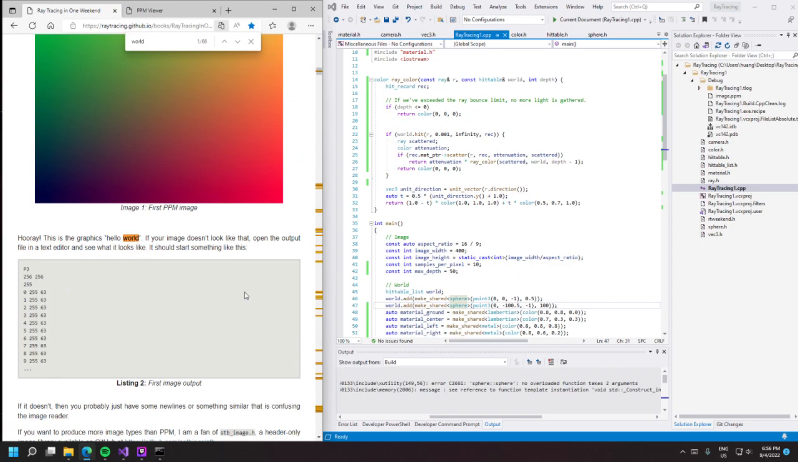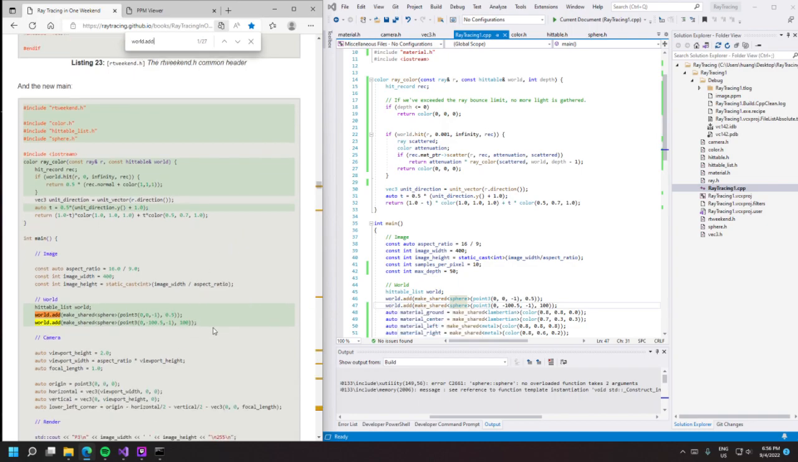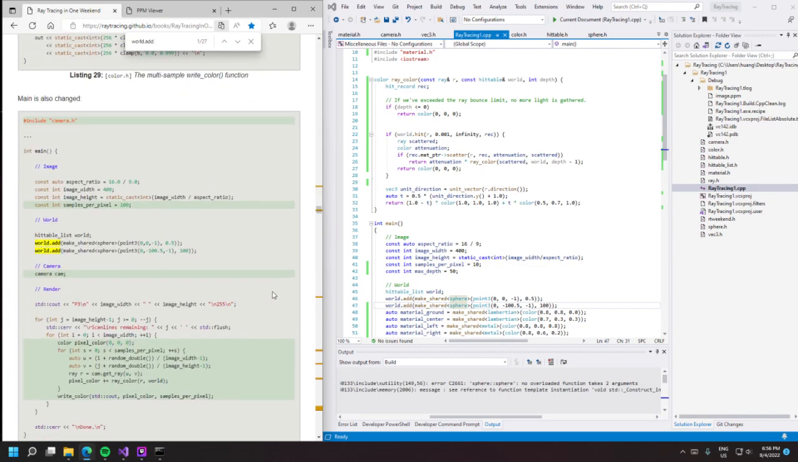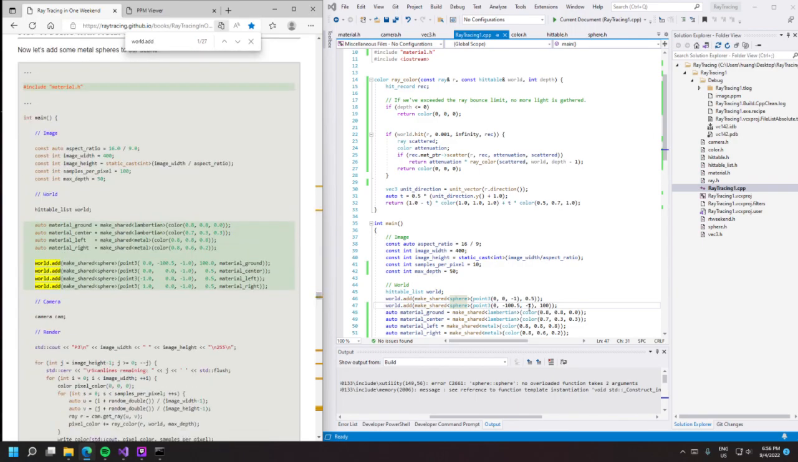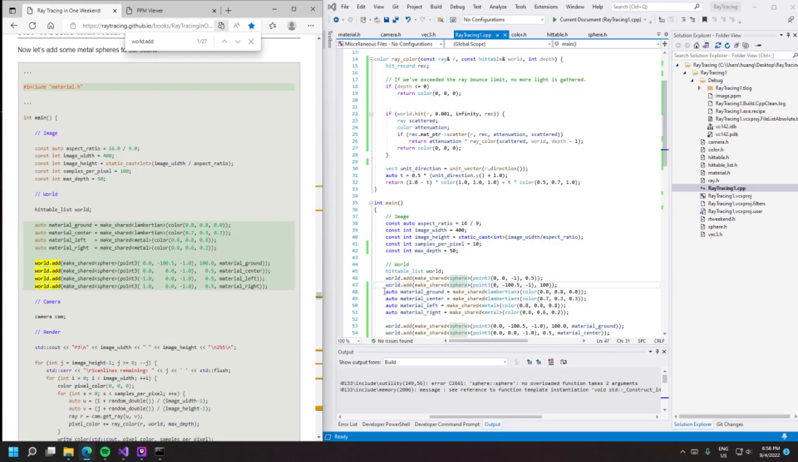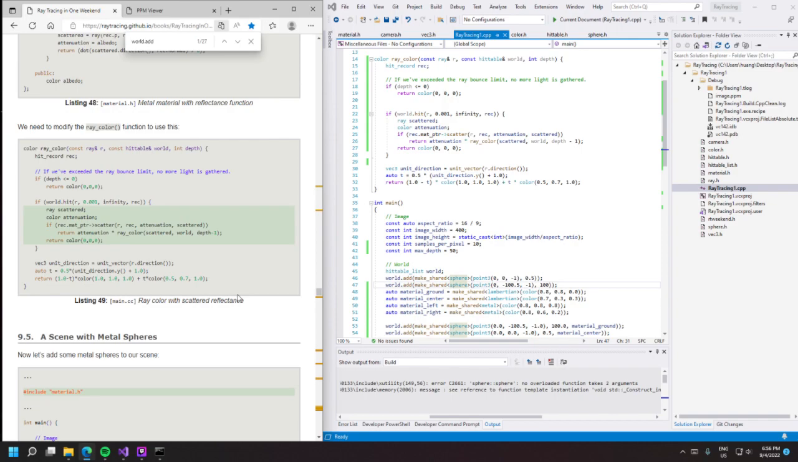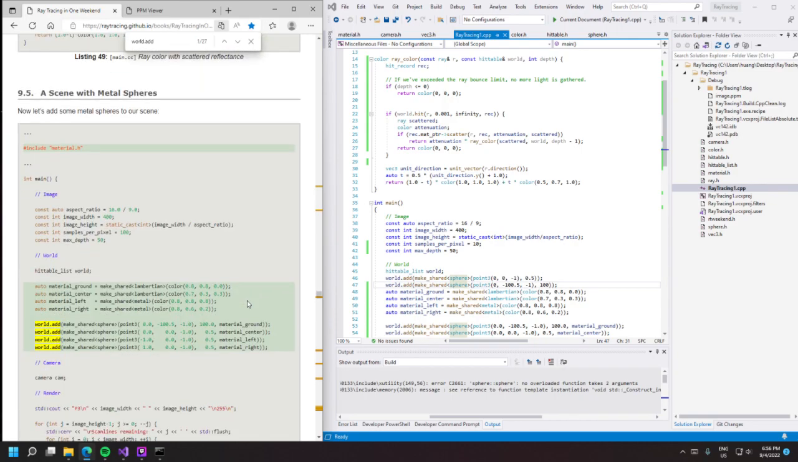Word dot add. Okay. Made shared sphere 0.30. Okay, this is not where it goes wrong, and this is also not hittable objects. And we already did this, so